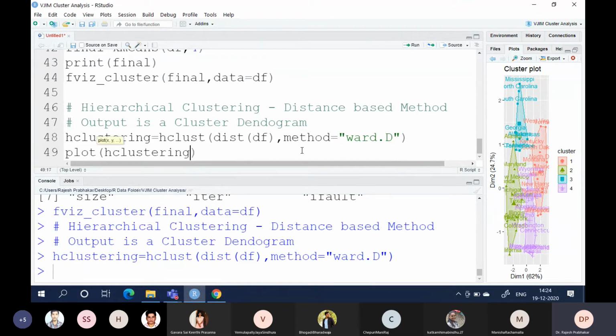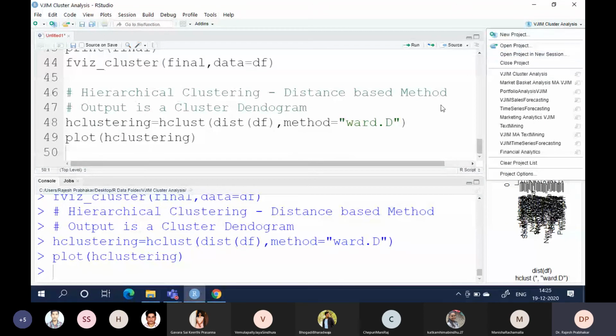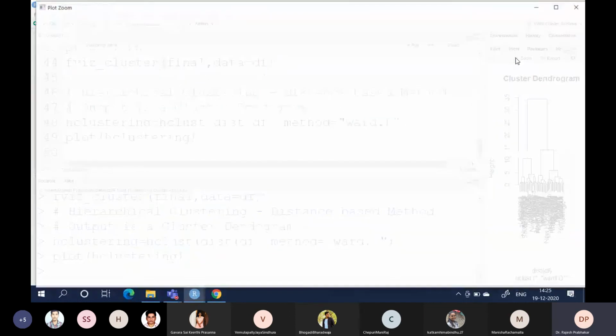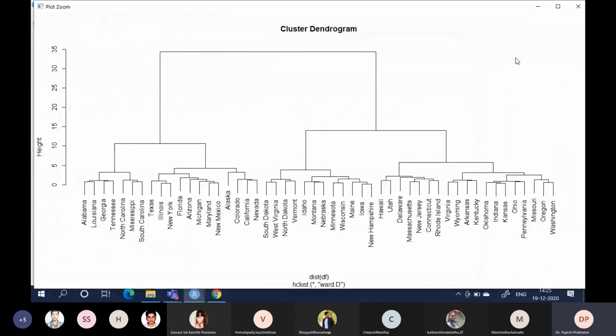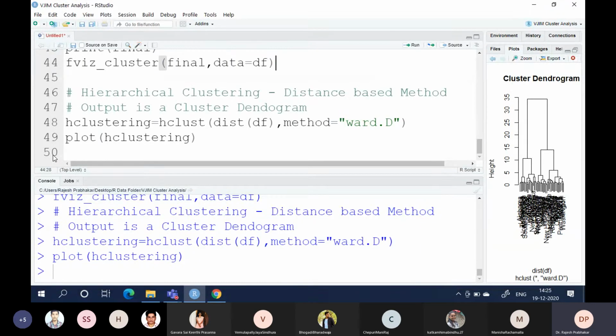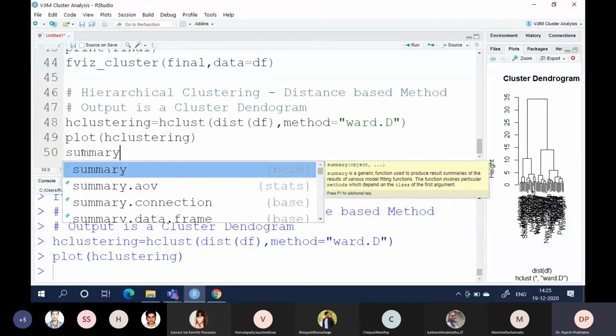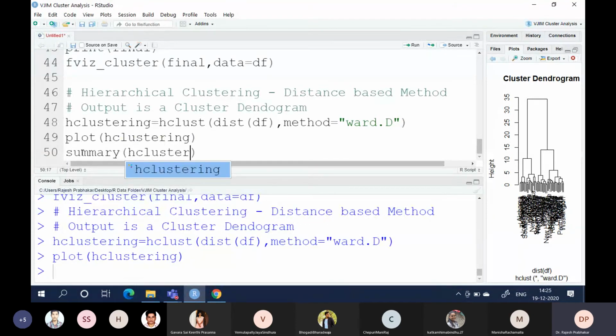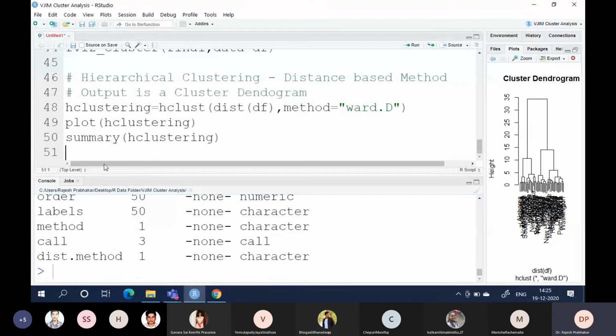So you get the clustering like this dendrogram. Summary of the hclust object, or print.